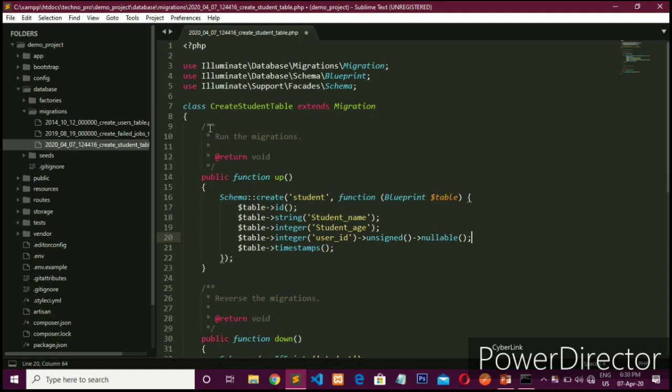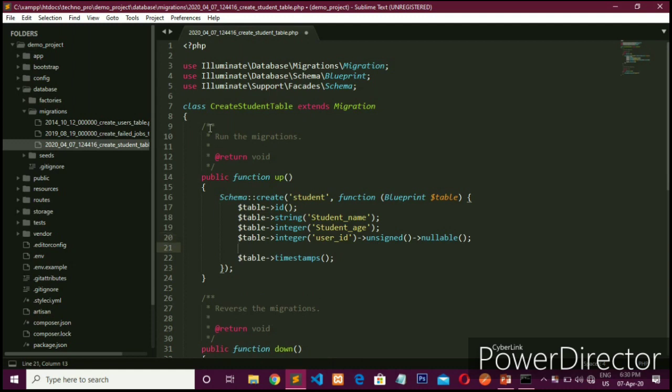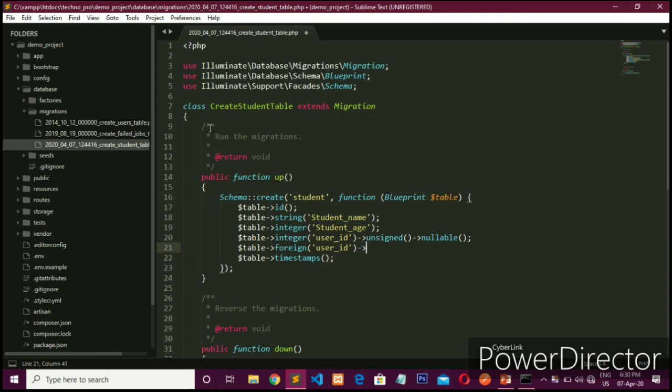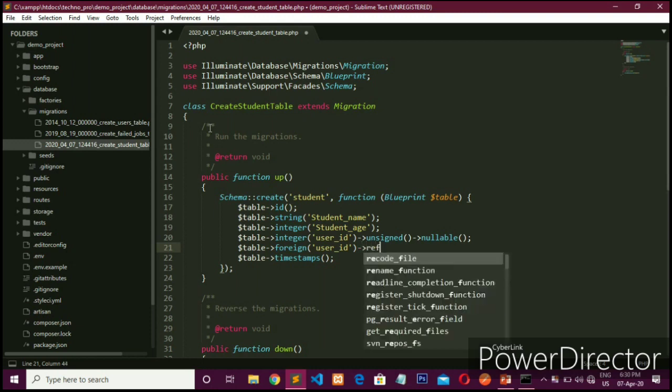Now for adding a foreign key, you want to add one more syntax which is $table->foreign. This is a method. Here you pass your column name, then one more method which is references.